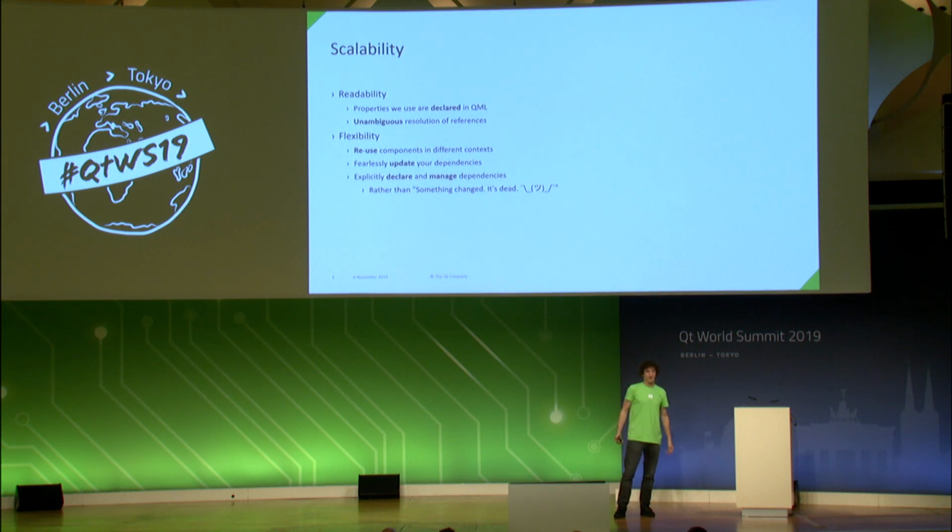And you will gain flexibility. So you will be able to reuse components in different contexts. You will be able to fearlessly update your dependencies without worrying about additional properties showing up in unexpected places. And you will be able to explicitly declare and manage your dependencies, which is different from the situation now, where you change something about your dependencies, and then something breaks, and you say,